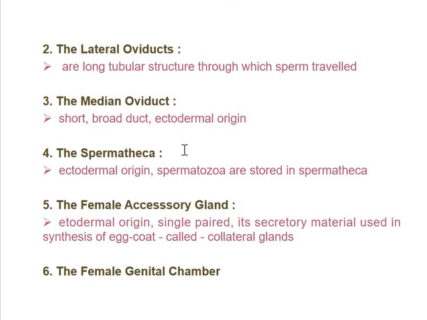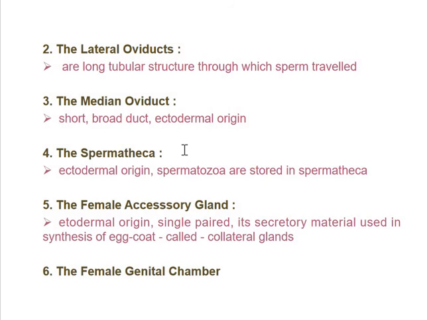Now, spermathecae differ in shape, size and structure among different insects. It is a spherical or oval sac-like structure bearing a straight tube called the spermathecal duct, and sometimes a diverticulum which is modified into a gland. That is nothing but the spermathecal gland. In some cases, the gland is wanting or absent, and the spermathecal epithelium secretes the nutrients for the sperm stored in the spermatheca. The spermathecal duct opens into the genital chamber, or in its absence into the vagina.